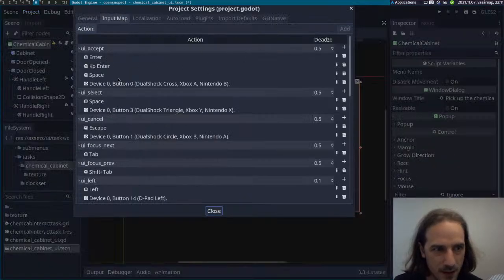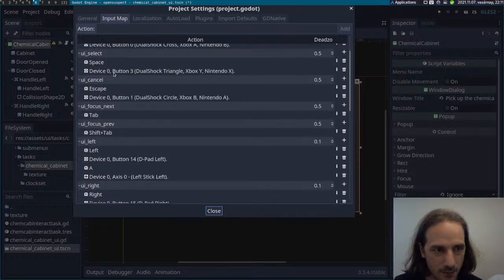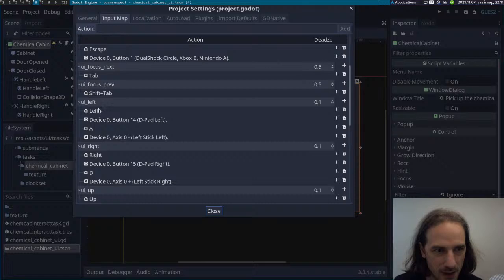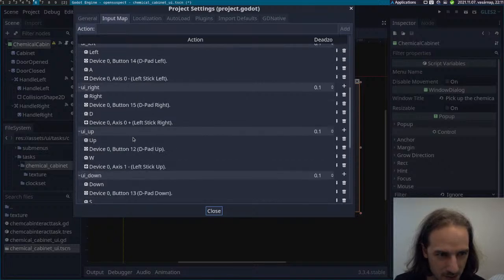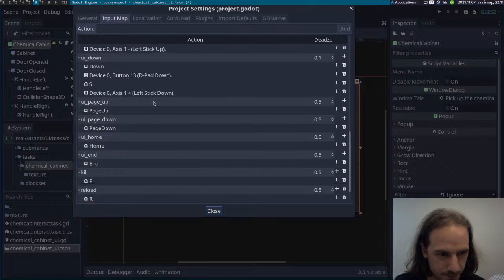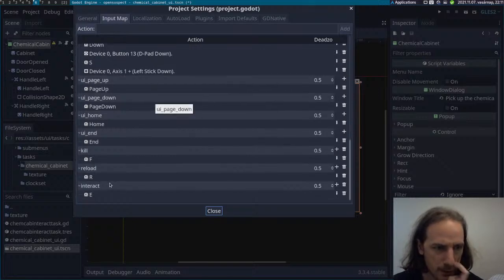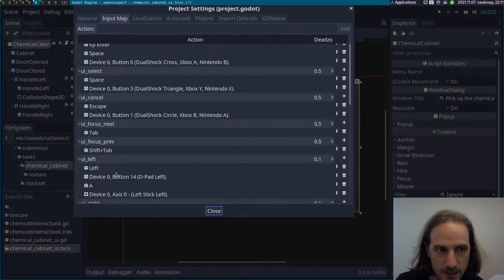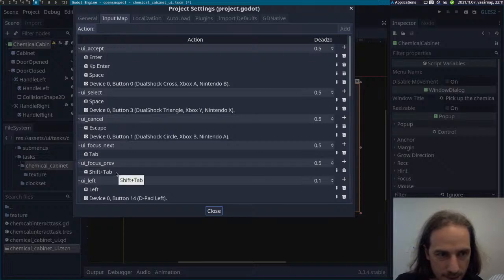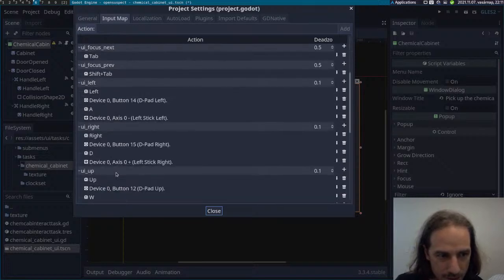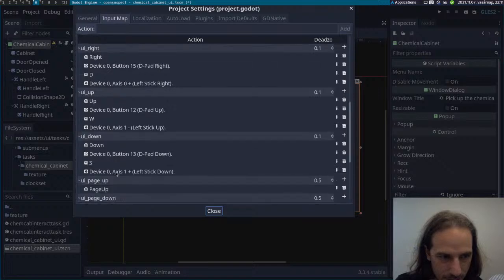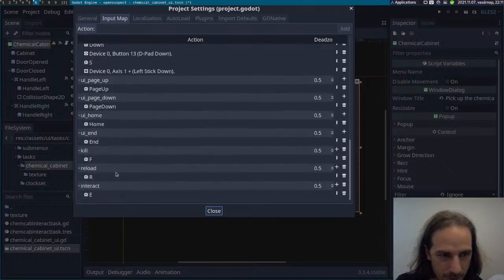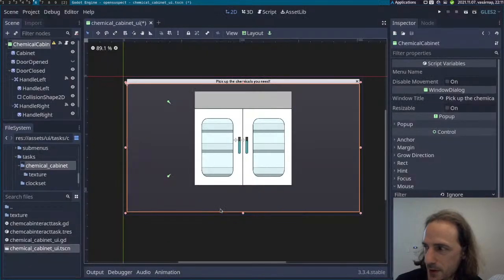So we just have UI accept, UI select, UI focus next, UI left, device 0, button 14, device 0, axis 0. Oh, these are movement keys. Kill, reload, interact. So I'm trying to figure out, is there no mouse button actually used here? Okay, so what I should do maybe